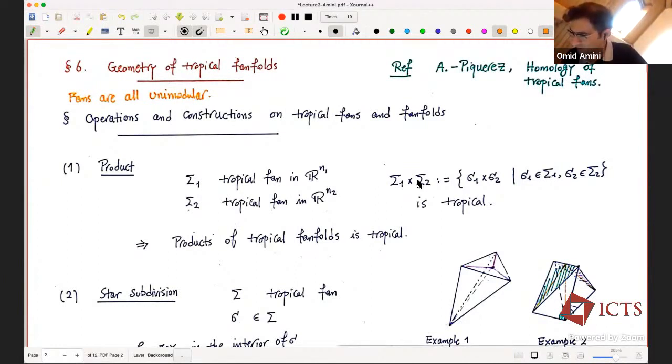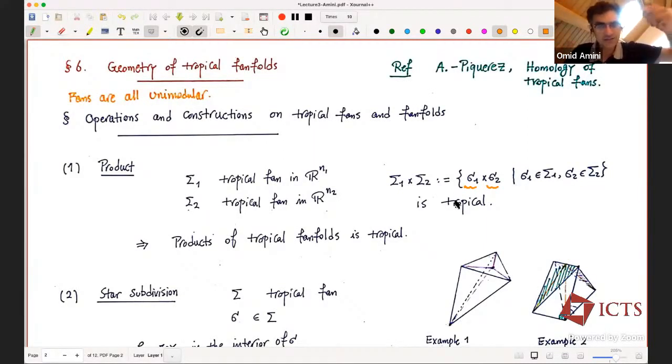The product of sigma 1 and sigma 2 is the collection of all the products sigma 1 times sigma 2, for sigma 1 a cone that you see in the first fan, and sigma 2 a cone that you see in the second fan. You have to check that all these products verify the two properties